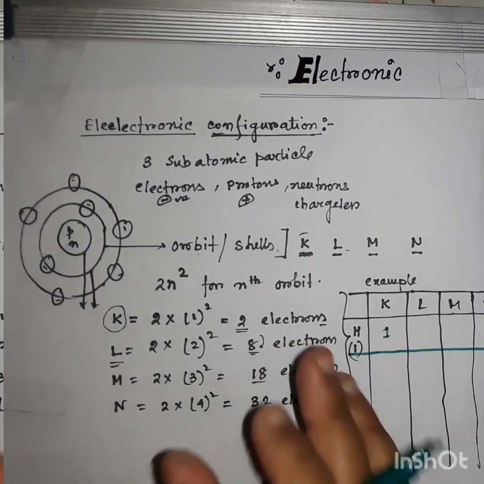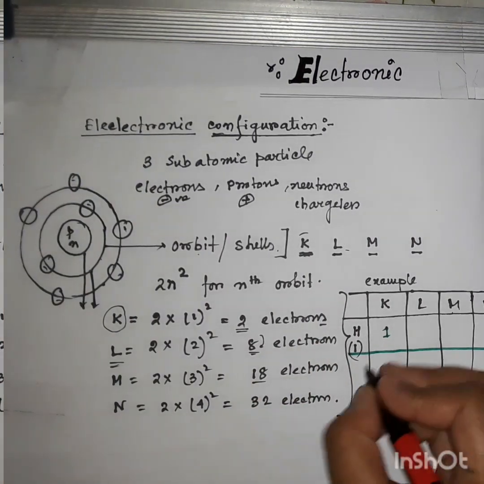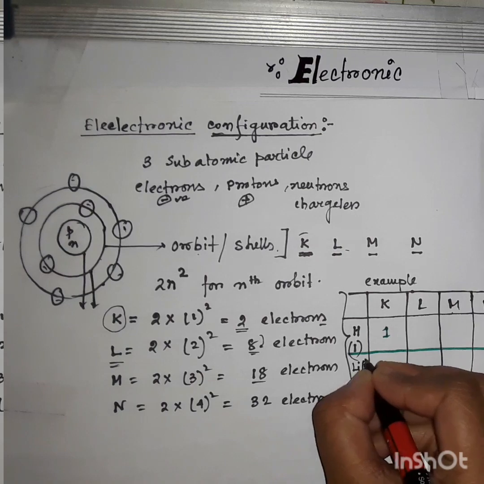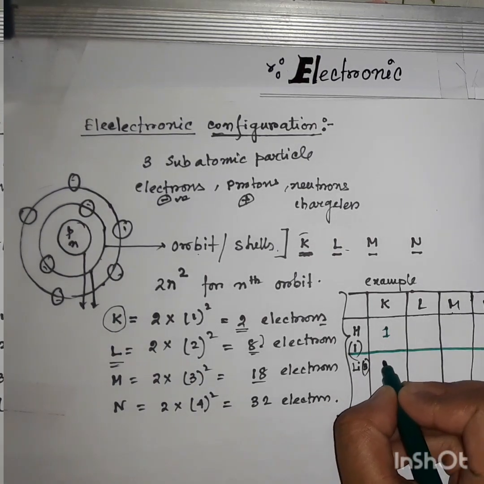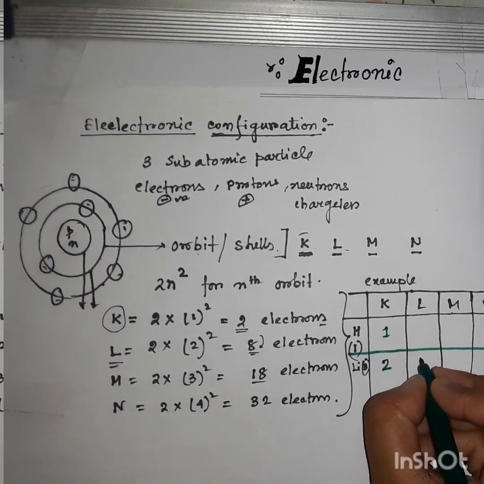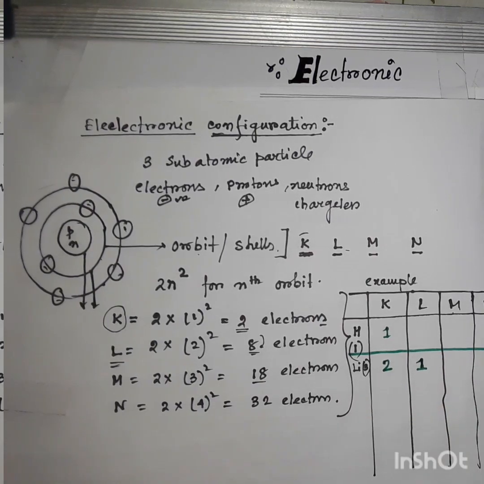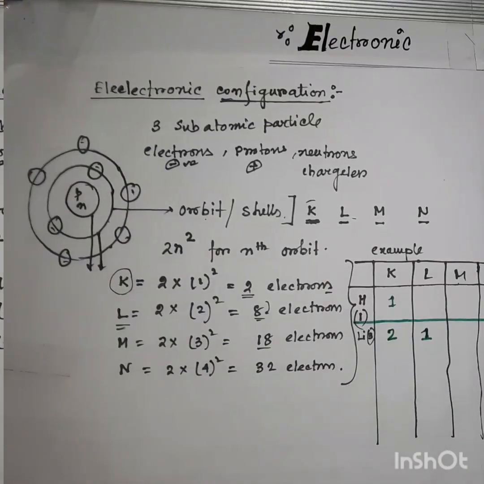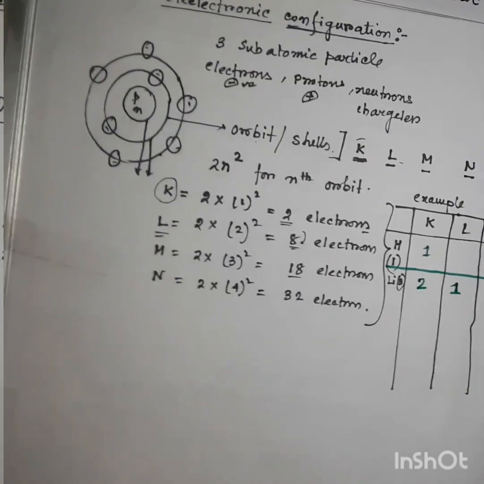As we are not taking them in order, we can take the next example as lithium, which has 3 electrons. How to fill up 3 electrons? For the K shell, there will be only 2 electrons and the remaining 1 electron will come to L, because here 3 electrons cannot be accommodated. Why? Because the K orbit can maximum accumulate 2 electrons, not more than that.